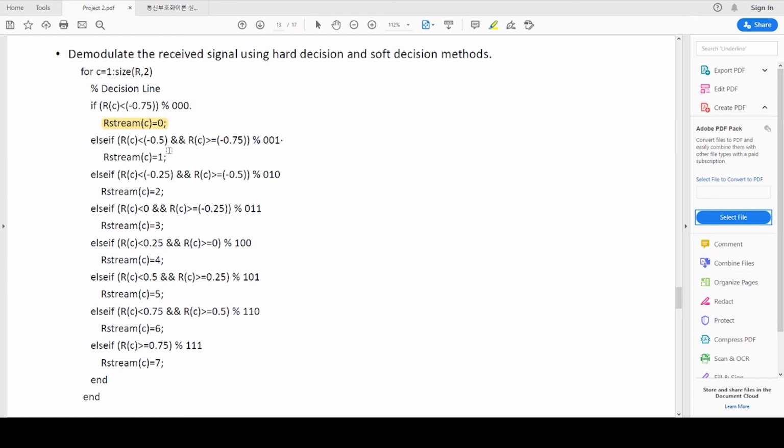If the value is between this one, that is value 1. So according to the table which is given in your example, you can find the received stream. So this part explains how to demodulate your signal.